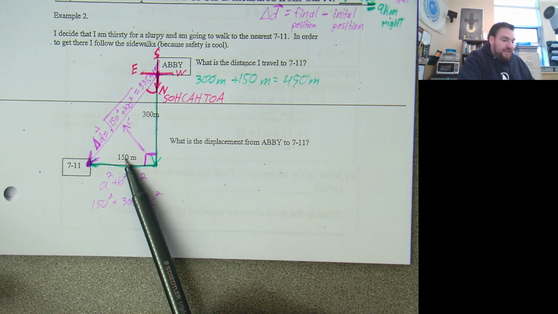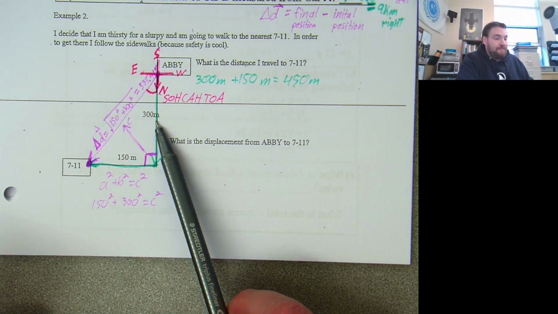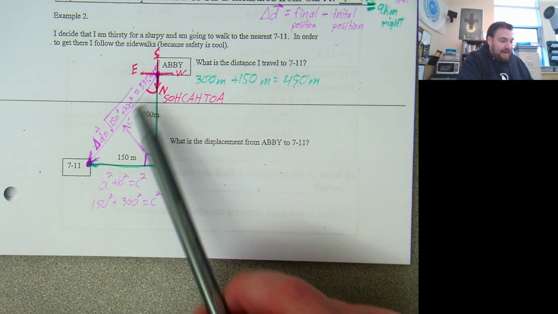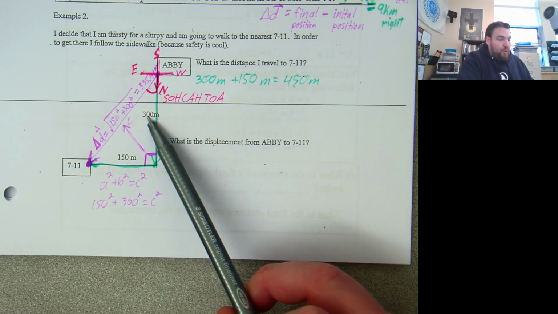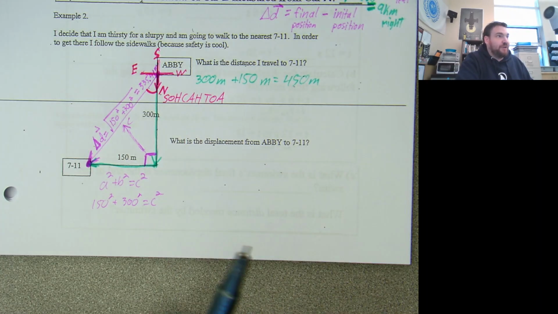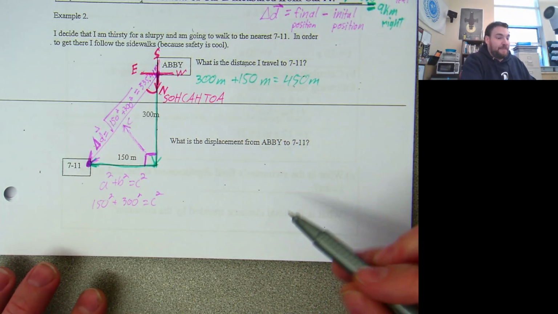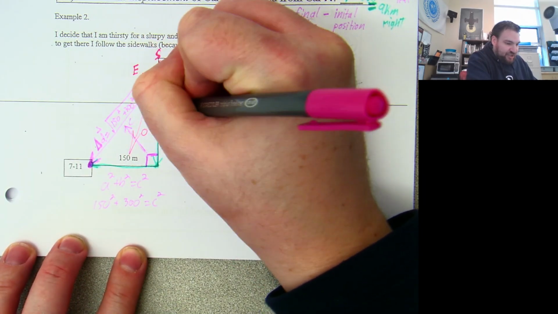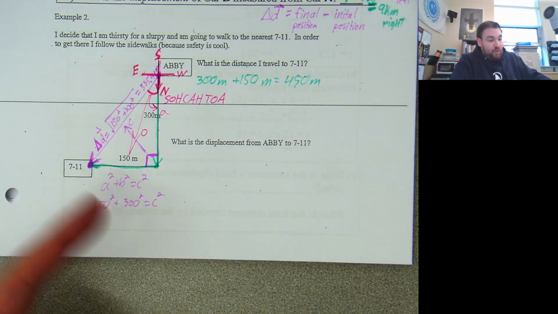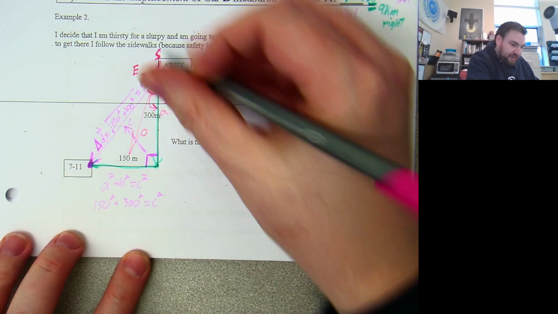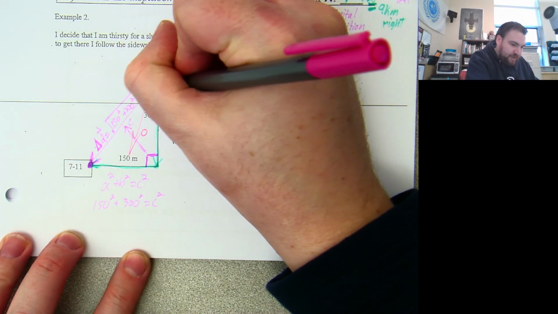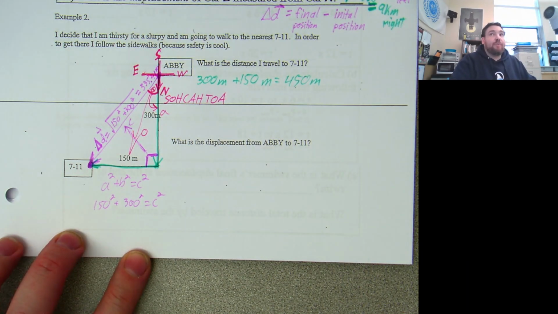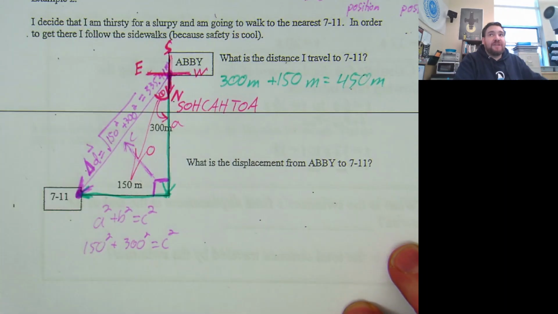So like the 150 here and the 300 here. If I'm using that angle and I want to use these two sides, which trig ratio is going to be useful here? It's going to be tan, because the 150 is opposite, the 300 is adjacent. So then to figure out what this angle is, I'm going to call it theta for now because I don't know what it is. That's the variable we use to represent an unknown angle.